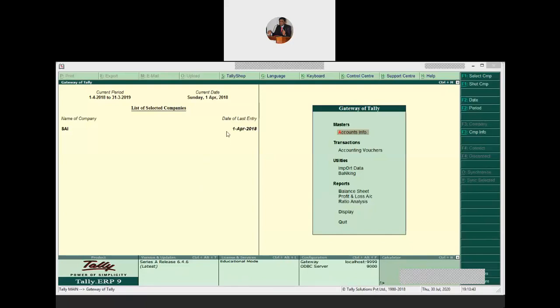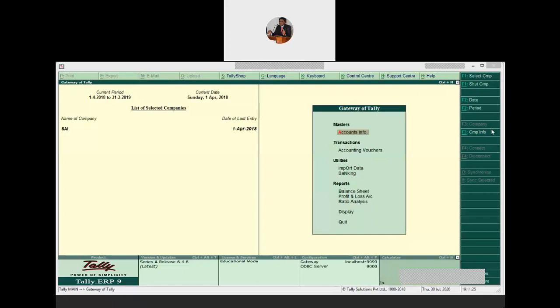Now let us see what are the functionalities of each part of the screen, each component of the screen. The first one, horizontal button bar. Here we are having option to print, email, support, and upload data is available here. This bar also has options to help you to access the help manual, control center, and support center. These are highlighted, these are enabled, whereas the print, export, email, upload, these are disabled. So by using this control center, support center, or help, you can get access to the manual.